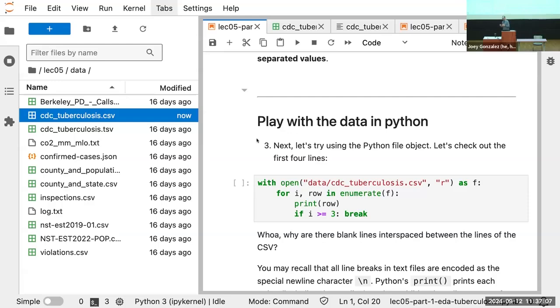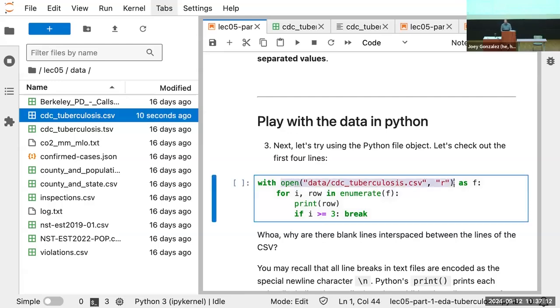You can also use Python to take a look at your data. So here I use the open function. So we'll teach a little bit of Python here. This opens up a file object, lets me read from the data on my computer. So opening up this file in the data folder, CDC tuberculosis CSV. I'm opening it up for reading, as this file object F. Now I can loop through the lines of F. It's a little bit fancy Python syntax here, but I'm looping over F, but I've decided to enumerate it. So I'm going to get pairs of the row number and then the row from F. The row is actually just one line of F at a time.